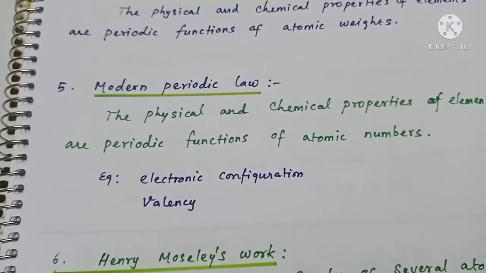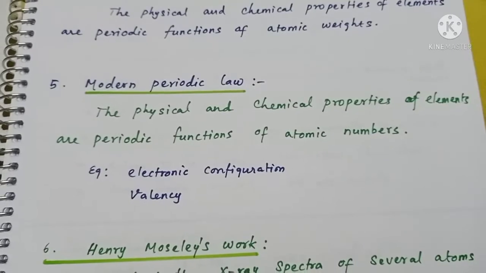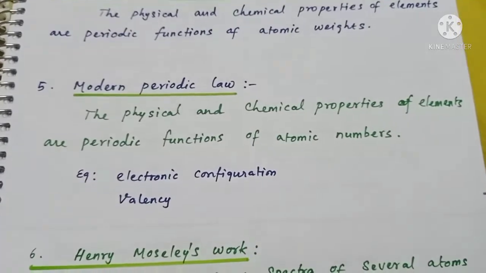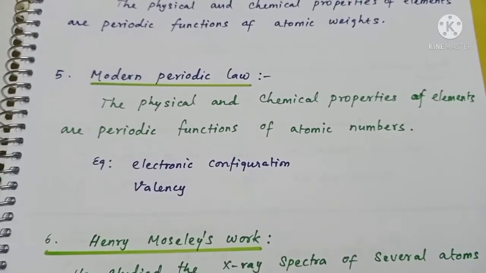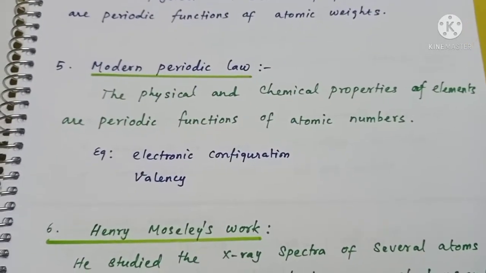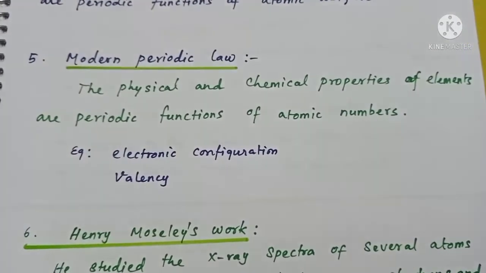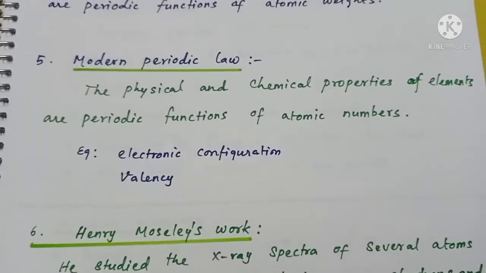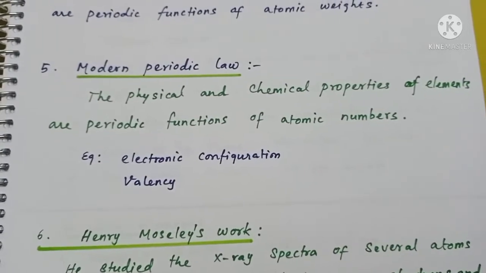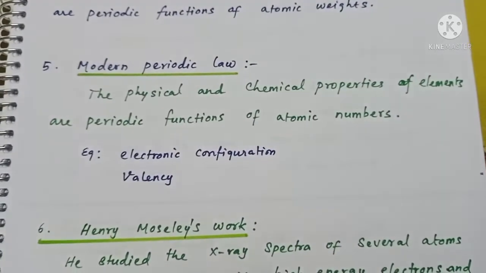The next one is the modern periodic law. Modern and Mendeleev periodic laws are almost similar. The only difference is that Mendeleev periodic law is based on atomic weight, while modern periodic law is based on atomic number. The statement of modern periodic law: physical and chemical properties of elements are periodic functions of atomic number. So the property of every element is based on its atomic number only. Atomic number is the deciding factor of all the properties of an element, such as the electronic configuration, valency, combining capacity with other elements, everything is decided only based on atomic